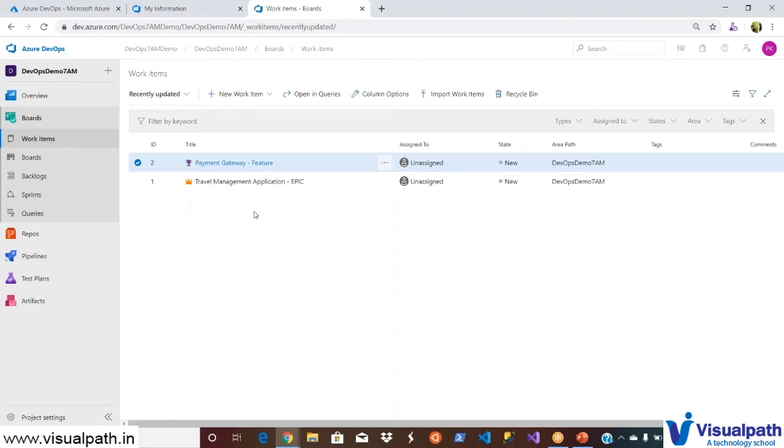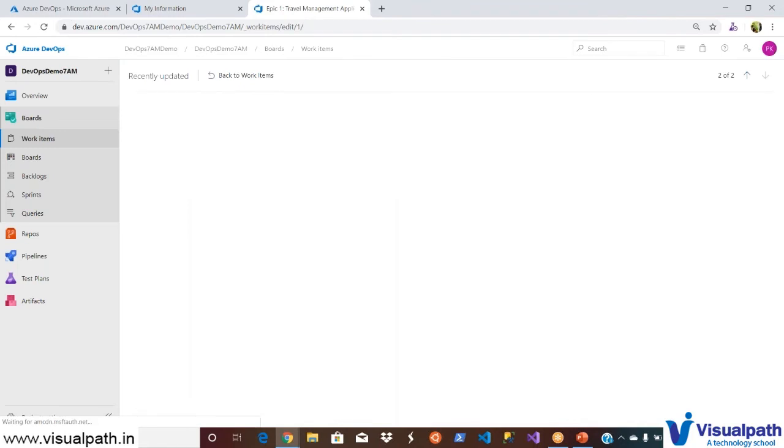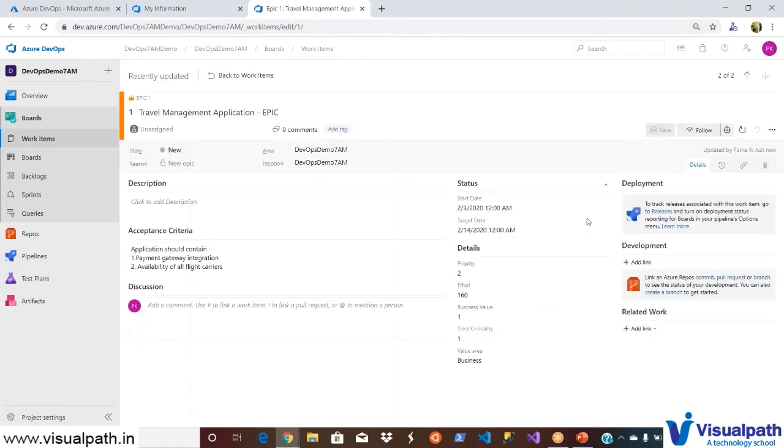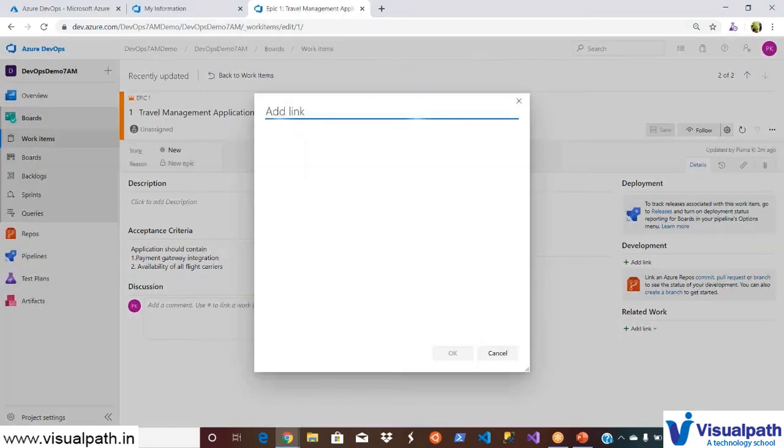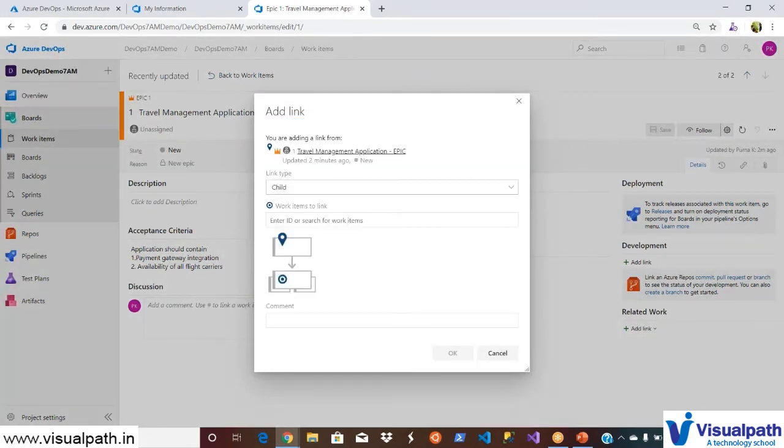The best way is you can open, let us say, your epic, your parent. So these are all the different options you have available. And then there is an option called related work, or at the bottom of your epic configuration, you can add link and then say existing item. So the link type is a child item. And now let's go ahead and select the feature.